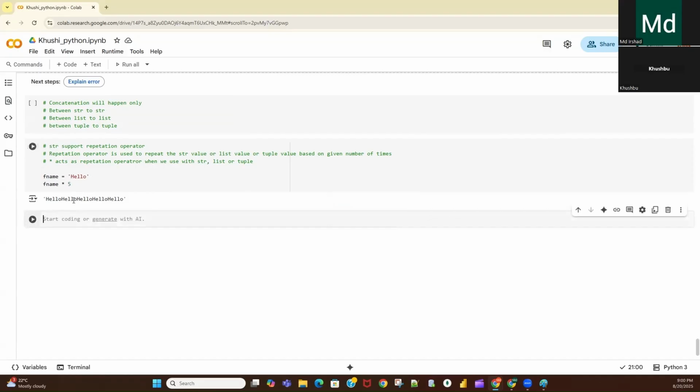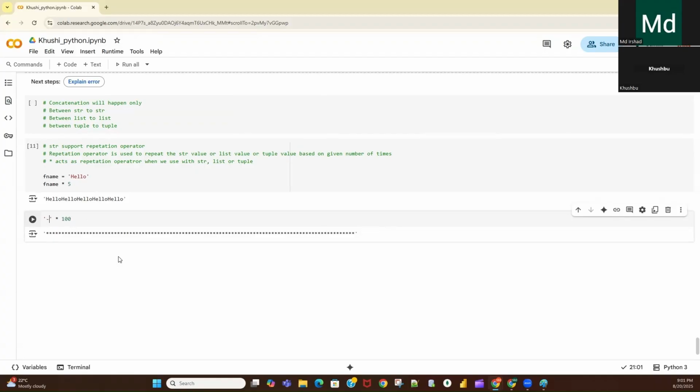Sometimes people write it in this way also. So this is your string, and they write here a star. This star is not a repetition operator. This star we have enclosed in single quotes, so this is your string data, not an operator. Now this star I want to repeat 100 times. So this is the string, and this is your star which will act as the repetition operator. I am saying repeat this string 100 times, so I will write here 100. So it will repeat like this.